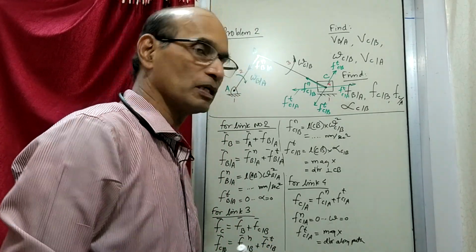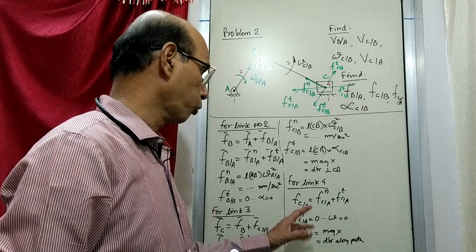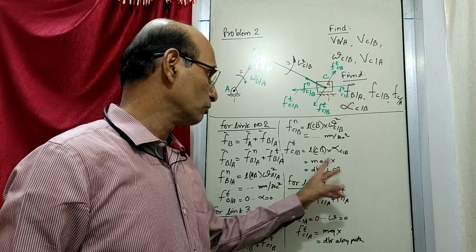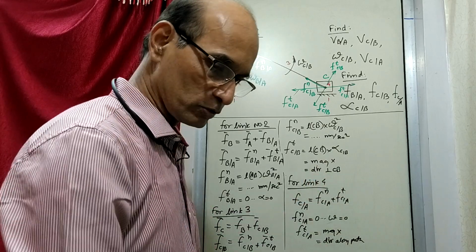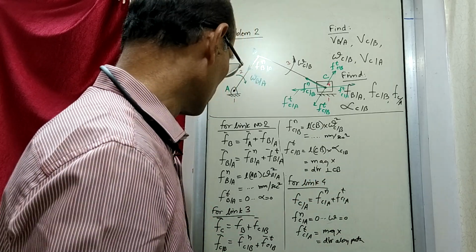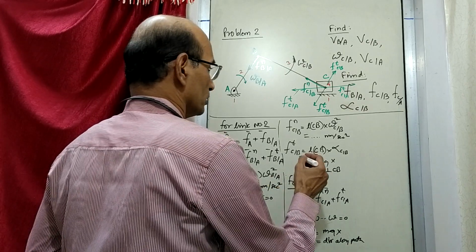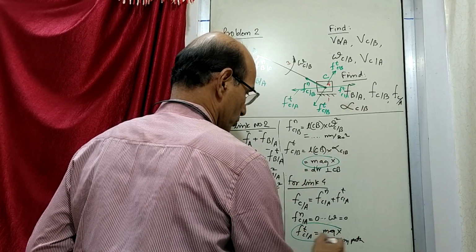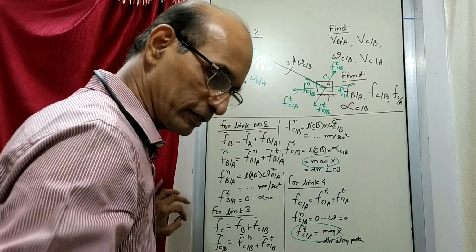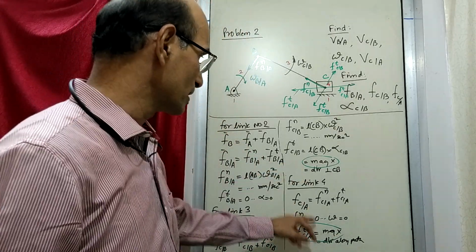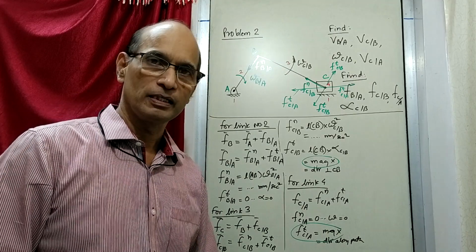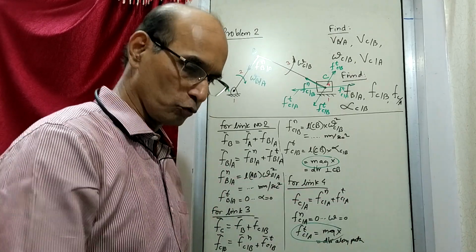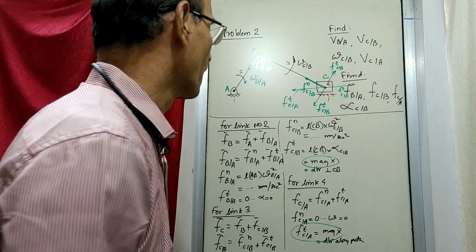So having done this much, now we will have to draw the polygon with whatever we have found out, and then that will give us the values of the things which we don't know. What are the things which we don't know? This is something which we don't know, and this is something which we don't know. Magnitude is not known at these two places. That we will be able to obtain after we draw the polygon. Okay, so let us do that and see how it works.